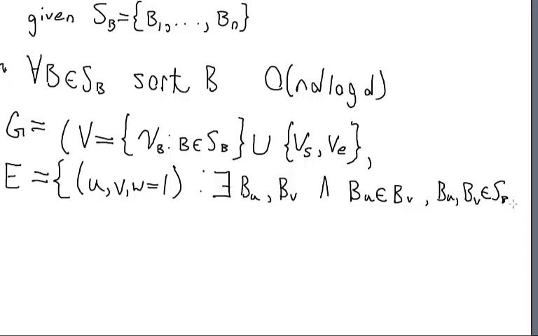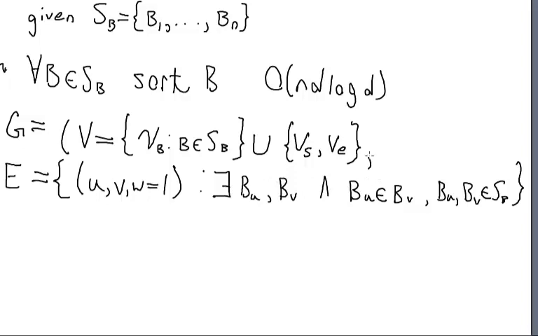So they're elements of S_B. So this is their first set. So in other words, we make an edge from the vertex U to the vertex V if, of course, if